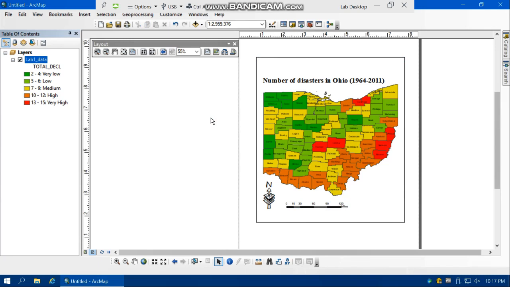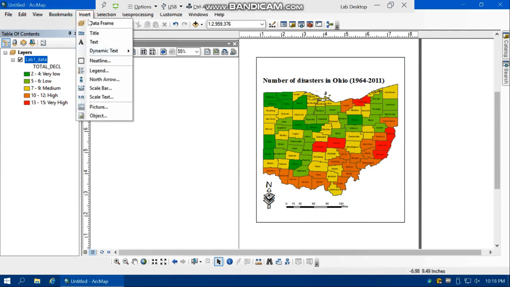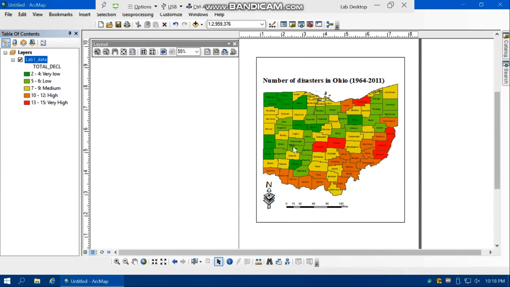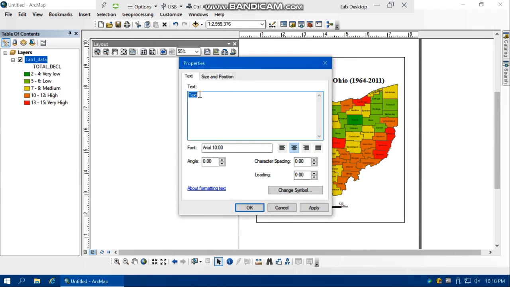So you should also provide some information about the person who created the map, date of creation, map projection, and source of data. You can use insert text, which adds a very small text here. Just double click on it and type your name, date, which is August 2019.